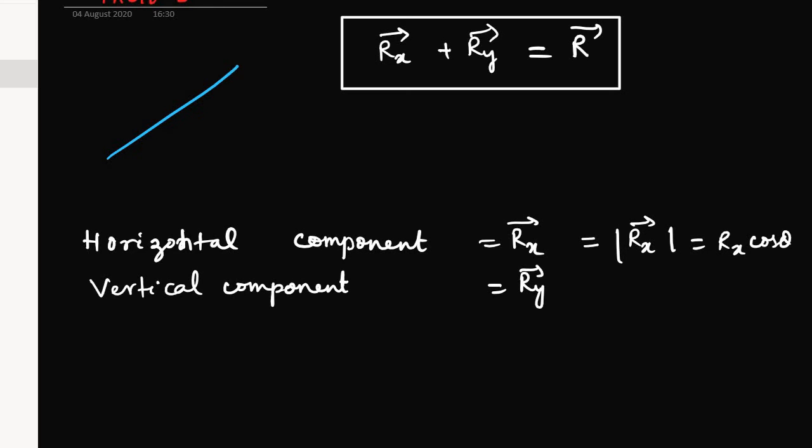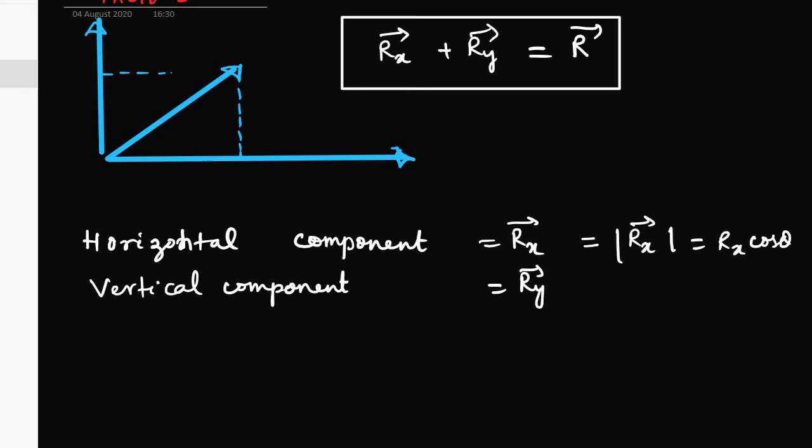The vector I have already drawn, and I am resolving it along the x-axis and also the y-axis. I am dividing it by the component method. What I did is drop perpendiculars to both axes, x-axis and y-axis. I will also name them so that it is easier to remember. This is R, this is the y-axis and this is the x-axis, and this is the angle theta, and this is the starting point O, the origin.